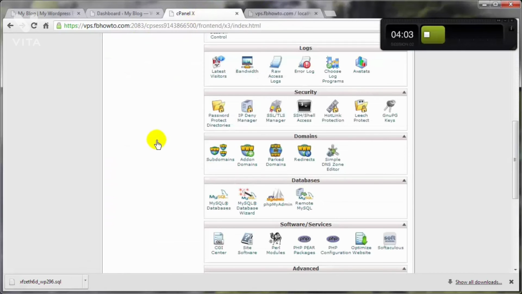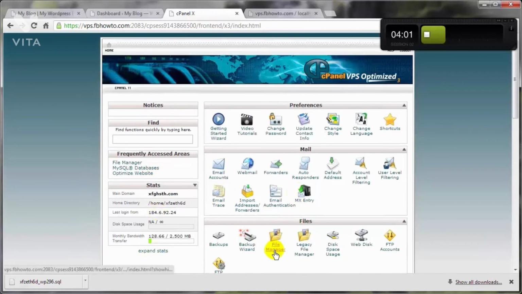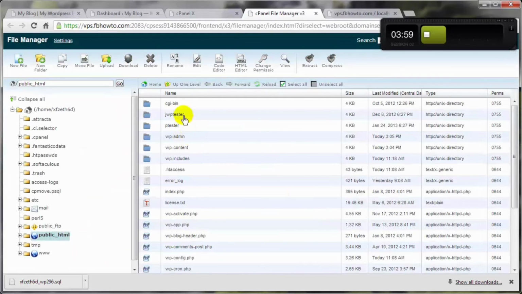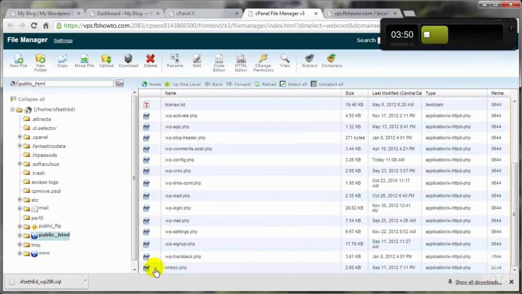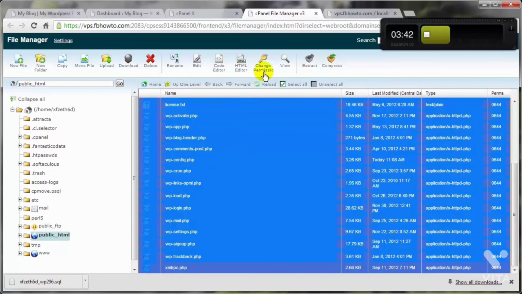Come on back to our cPanel. Come on up to the File Manager. And these here are just other folders or other directories, have nothing to do with this WordPress install. This one does, and I'm going to go all the way down to the bottom here, holding the Shift key on my keyboard down, and then select the bottom file, and that selects everything. Or you could just click on this guy here to select everything, and then come up here and click on